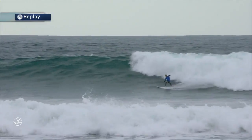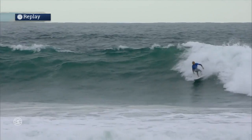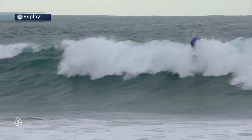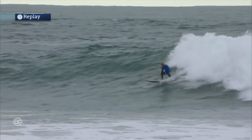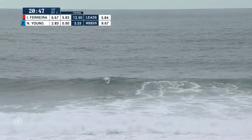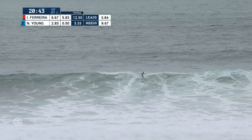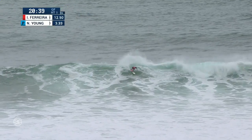Let's have a look at Nat's wave. You can see how bumpy it is. Didn't quite hook into that first turn. Now he drops down. Watch how the board is bouncing around. You almost can see the bottom deck of it. Connected beautifully there, though. That's just a testament of how strong Nat Young is. And then caught the rail. So at every event on tour, we'll never forget when he was in the channel for the Eddie event this year at Waimea Bay. He loves big conditions, and solid conditions today on hand here at the Rip Curl Pro